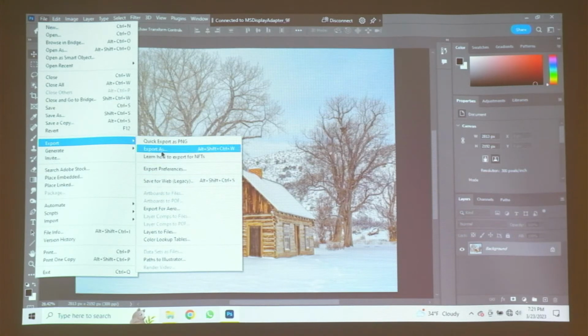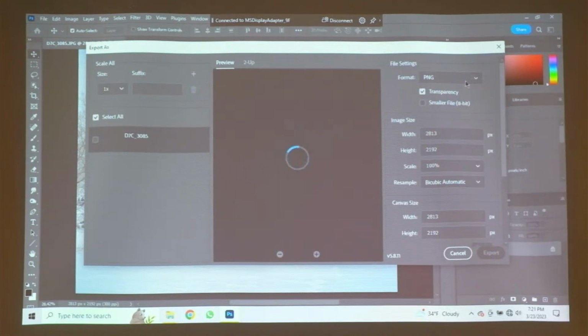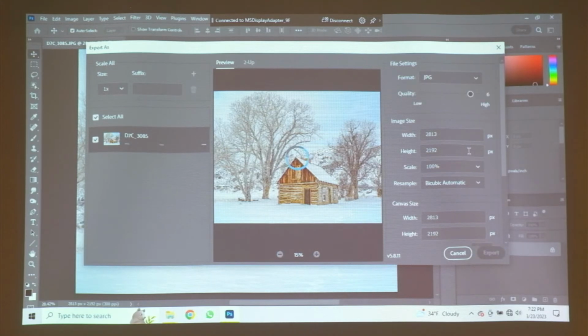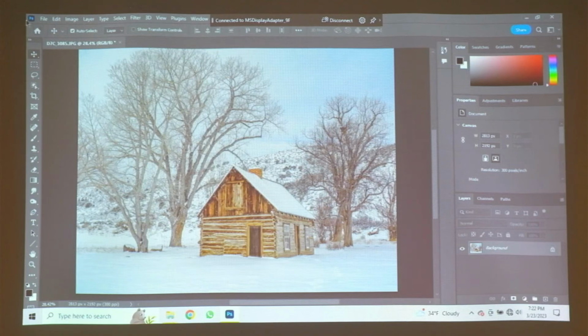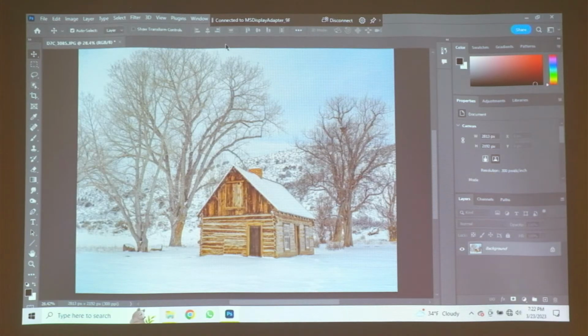Export as. But you'd have to undo your history and undo your layers. But it will allow you to export as JPEG. And you don't have to do the flattening. And hopefully you rename it. That's the key. You hopefully will. But you can't just go in here and hit save and oops, I just ruined my original. It won't let you. So to go through the export thing, it's almost like you have to want to ruin your original file. Well, the nice thing is if you go up to your history there,